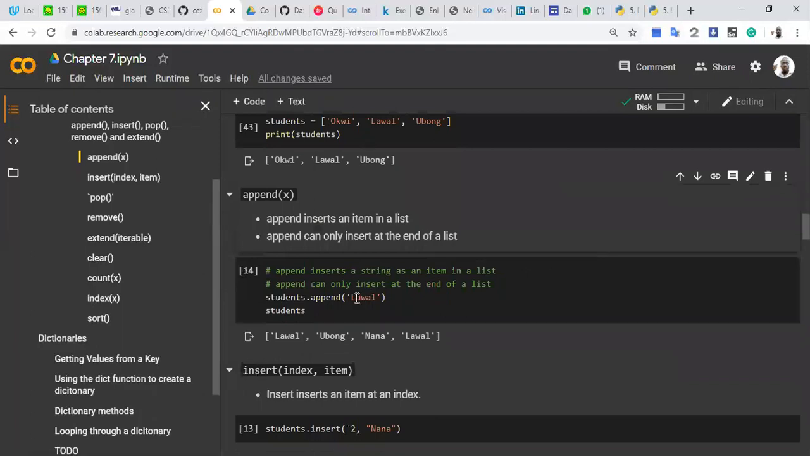So in this example, to this existing list we have here, I'm appending another item. The item I'm appending is Lawal. Okay, so here we have the new list: students, Lawal, Ubong, Nana, and another Lawal. Okay, so